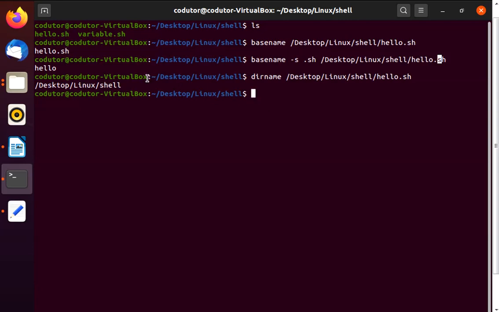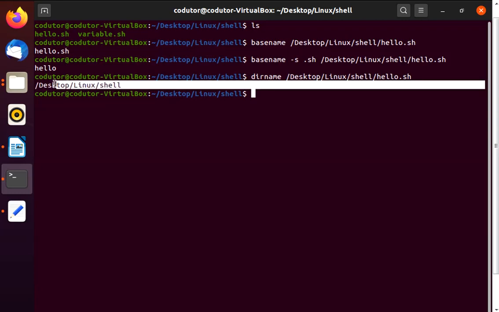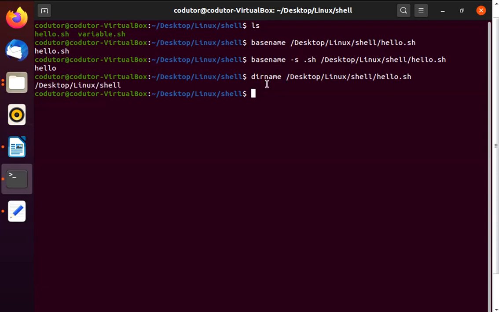So it will provide the directory path in which that particular file is available. This hello.sh is available in the shell directory, so it will provide the complete path to that directory using dirname. So this is another command to chop strings on the command line.